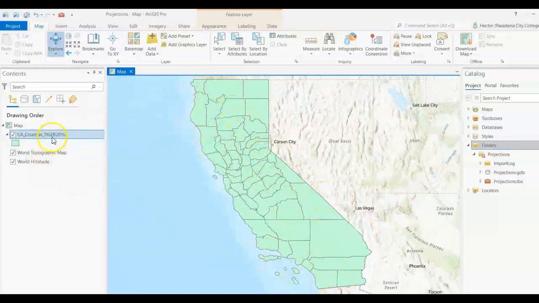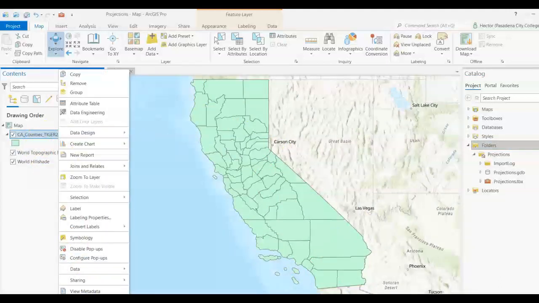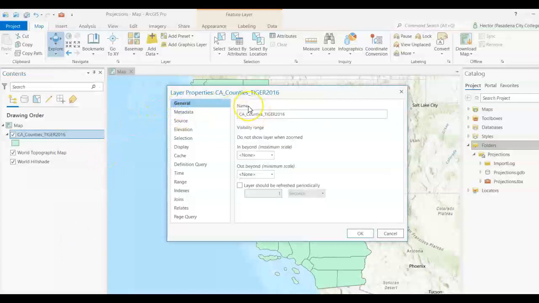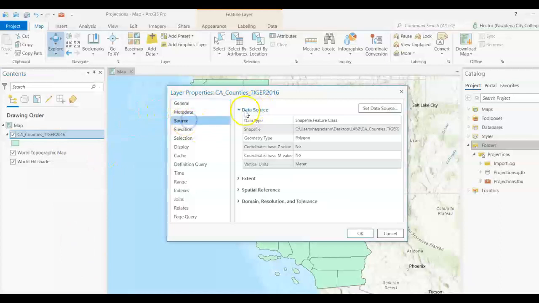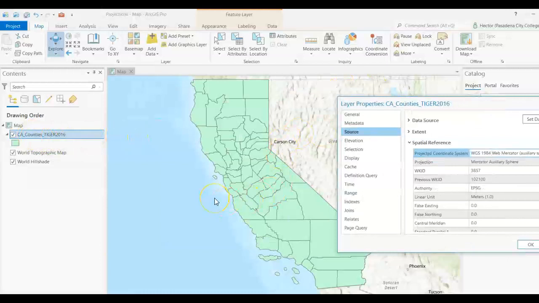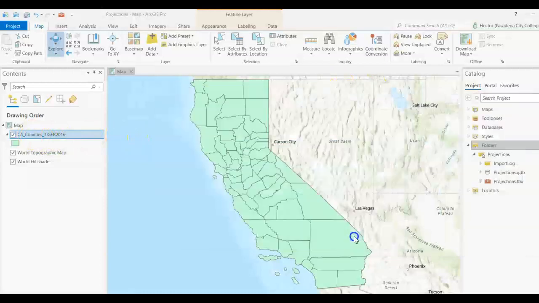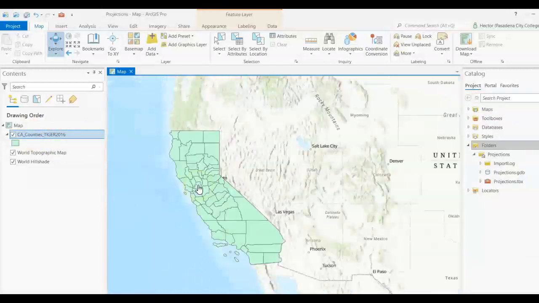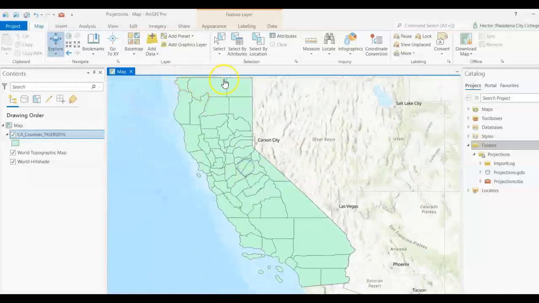The map is going to center on it. So let's take a look and see what projection or coordinate system we have here. Let's go to source and look at spatial reference. The projection for the rest of the world is still the Mercator projection. Apologies. The Mercator projection is still the way that we're displaying the world, and when you use a Mercator projection, California is going to appear in this specific